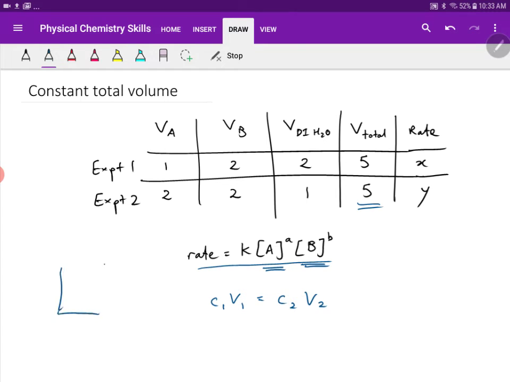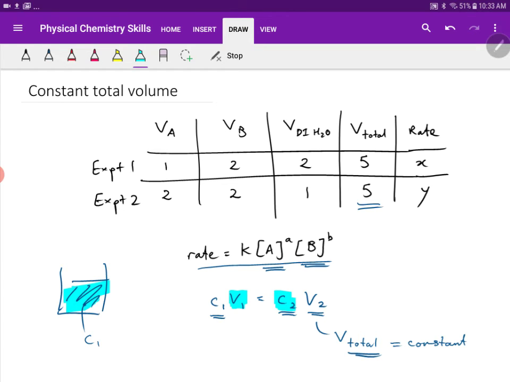So imagine I have a stock solution of concentration C1. No matter how I mix these things, C1 will always be a constant because it came from the same solution. I didn't do anything to it. And V2 is my V total, which in this case is a constant. So this C2 here is the new concentration that I'm preparing,